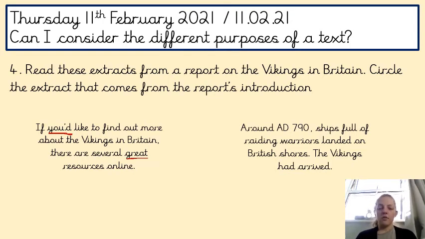Okay, moving on to the second one. Around AD 790, ships full of raiding warriors landed on British shores. The Vikings had arrived. So straight away here I can see that it's using terminology, technical vocabulary, such as raiding warriors and AD 790. So I can see straight away there that I've got that technical vocabulary that I would expect to see in